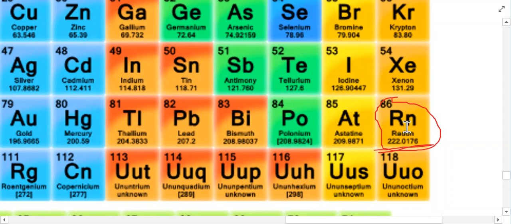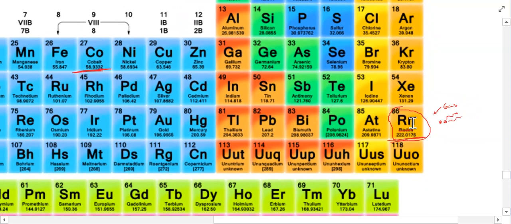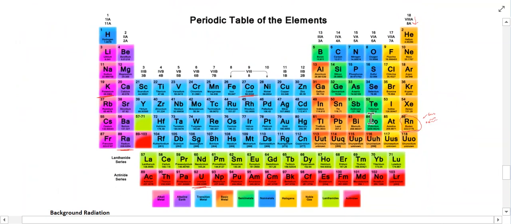Something to think about is, number one, it's a gas. It's a noble gas, but it exists as a gas. And number two, these atoms of radon are radioactive, so they actually give off radiation. That means the nuclei of the radon atoms are unstable, and as a result, because they're unstable, they just generate